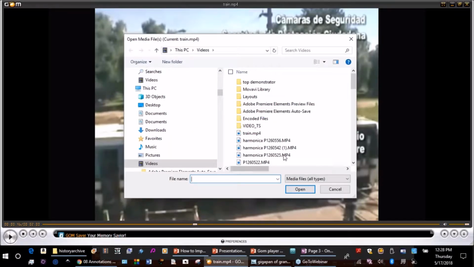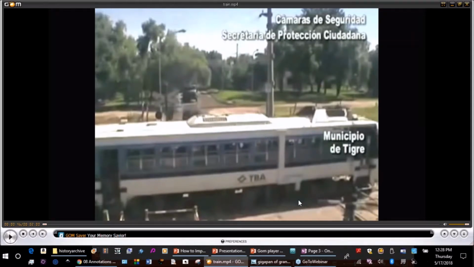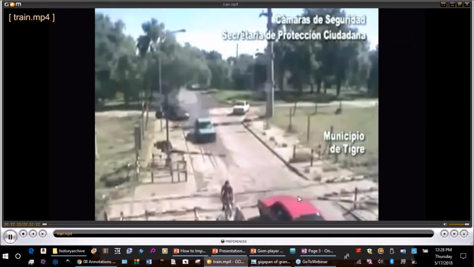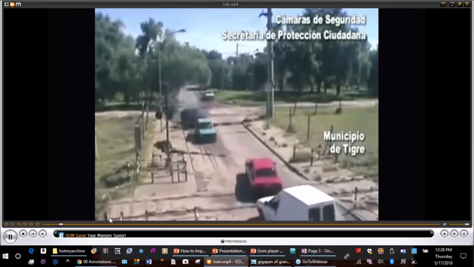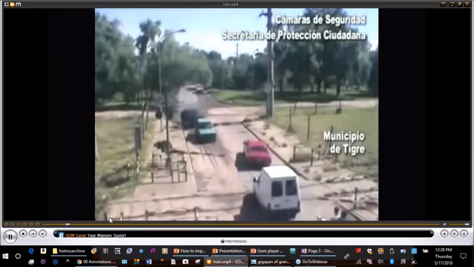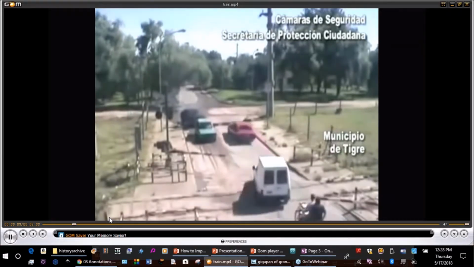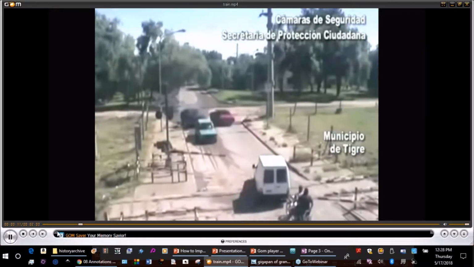And then you would go out to the video that you want to work with. Train.mp4 is the one I was working with, and open it up on your screen. And then you can play it to the point where you want to do some screen clipping out of the video. And then once you get to the point in the video where you want to grab individual frames,